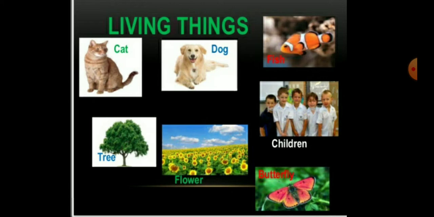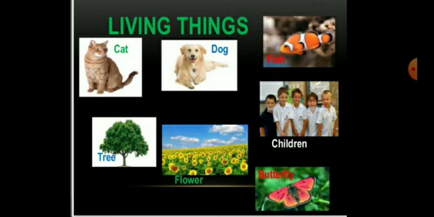So children, some things are living and some are non-living. So we can say some things differ from each other. These things differ in shape, size, weight, ability to move, take food, produce young ones of their own kind, and show growth. So these are only some of the characteristic features in which the different things which you may observe in a particular surrounding may be different.